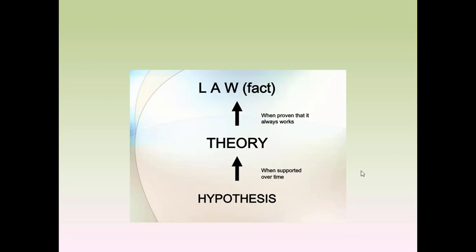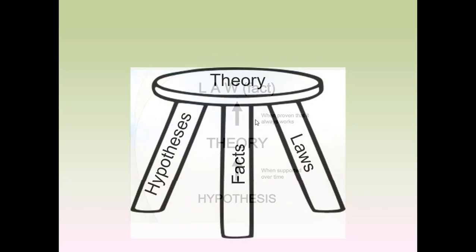So realize a hypothesis, again, is an explanation for a single observation. Theories are broad, overarching explanations. Laws aren't even explanations at all. These are descriptions. So this is not how science works. Okay? I think a better description of how these terms fit together is really best described as like a three-legged